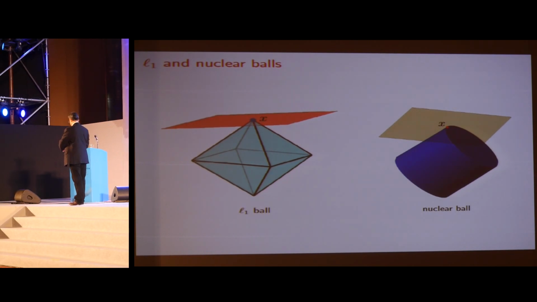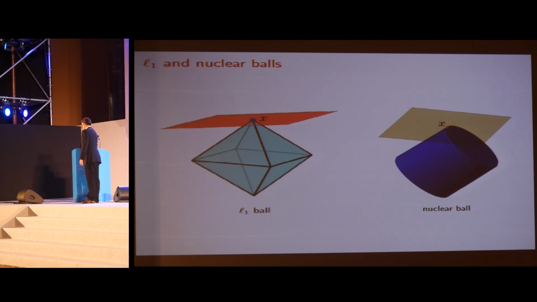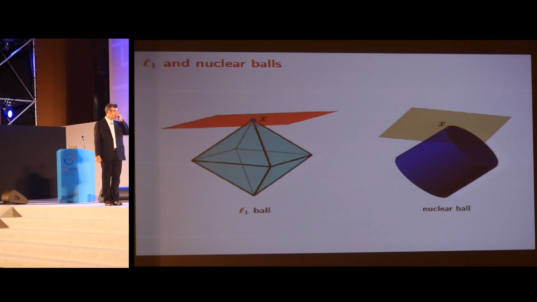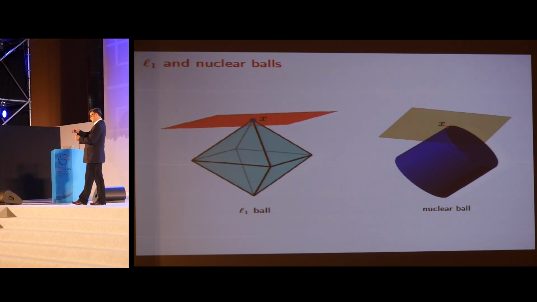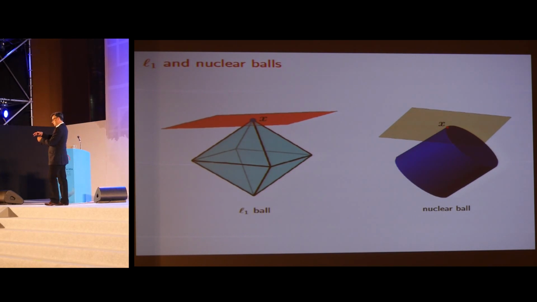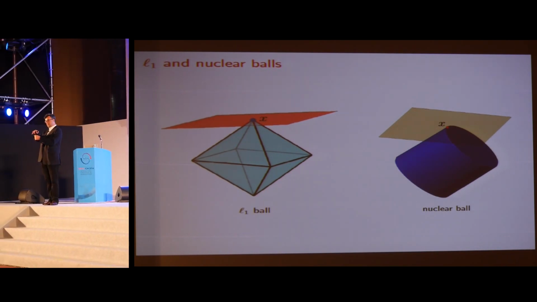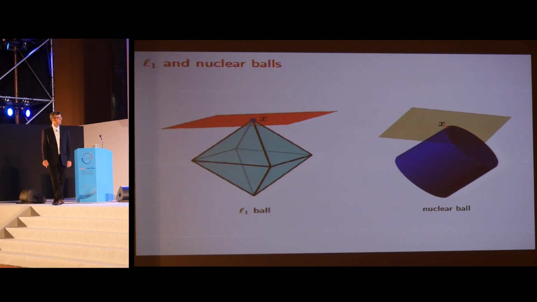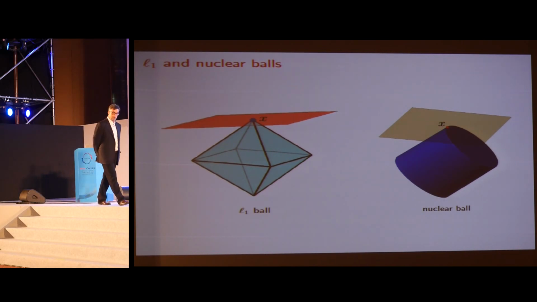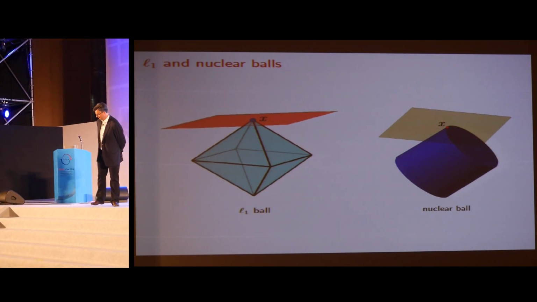And likewise, in the picture on the right, I've got a point of interest, which is a low-rank matrix. This blue cylinder is actually a true cylinder of the nuclear ball. Again, the nuclear ball is extremely sharp around low-rank objects. And for the same reason, the feasible set, which has considerably high dimension, can still be tangent to this thing because the ball is so sharp around the points of interest.